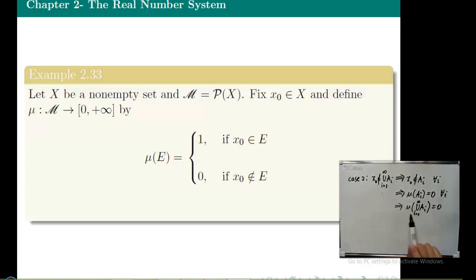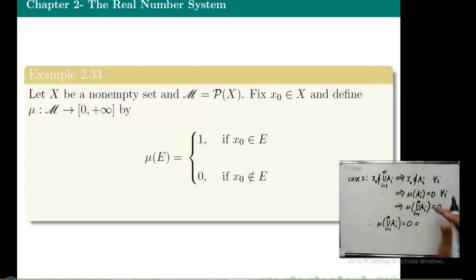So also mu of the countable union of A sub i is 0. Hence we have mu of the union of A sub i, where i is from 1 to infinity, is equal to 0,